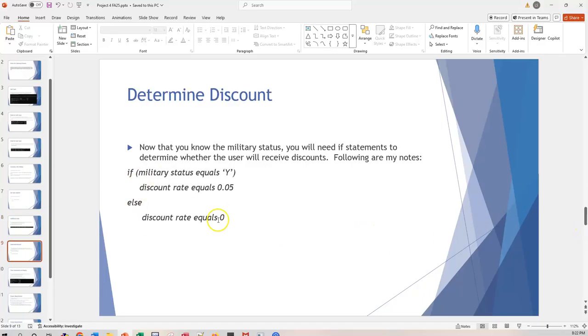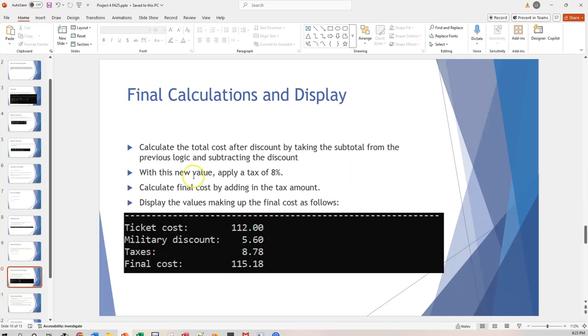Then you would go on to determine what your discount rate is. So if military status is equal to yes, your discount rate is equal to 0.05. Otherwise, your discount rate is 0. They don't receive a discount at all. Once you have that information, then you can go ahead and do your final calculations and determine the final